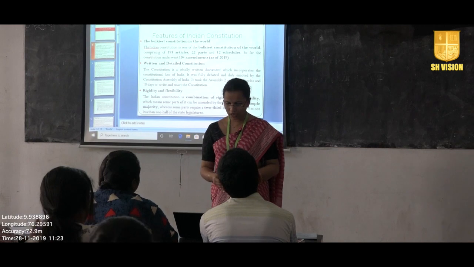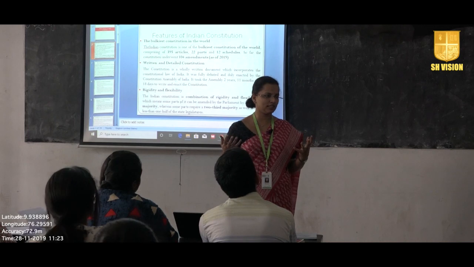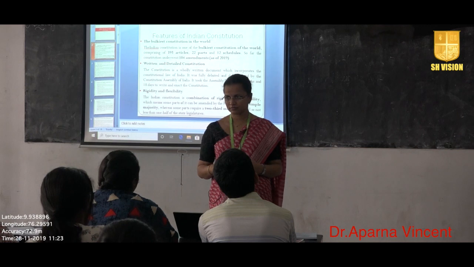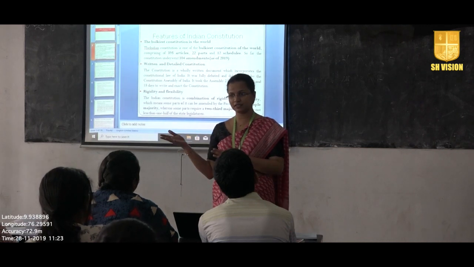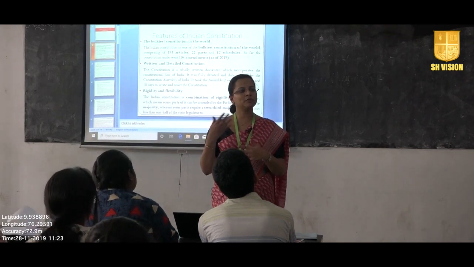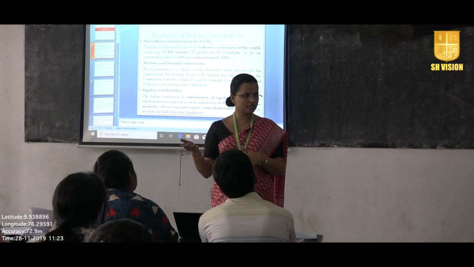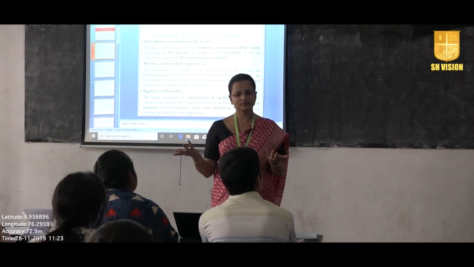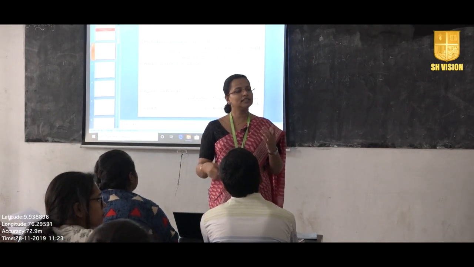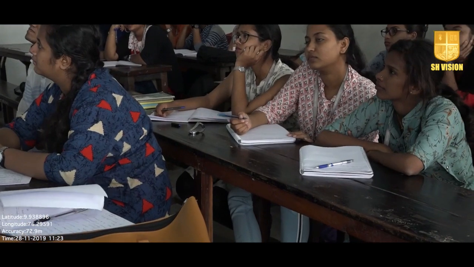Now, some parts of the constitution can be amended by a simple majority. What is a simple majority? 2/3 is different. Simple majority is, if 40 people have voted for something, and there are 50 people who have voted for something, then the 50 win. But for some parts of the constitution to be amended,